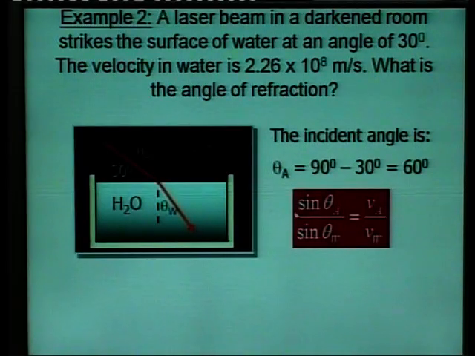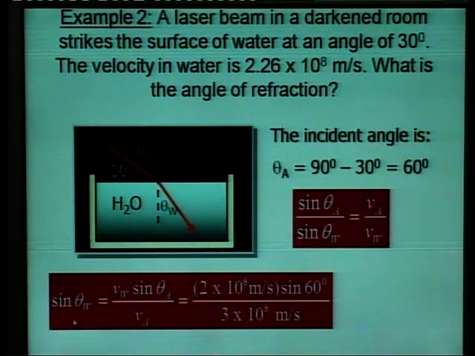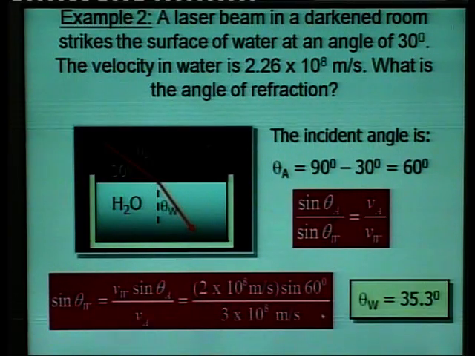So using Snell's law, the second form, sin theta in air divided by sin theta in water is velocity in air divided by velocity in water. So substituting the values, the angle of refraction, that is sin theta w, will be velocity in water into sin theta a divided by velocity in air. Substituting the values, this comes out to be 35.3 degrees. So the angle of refraction, that is in